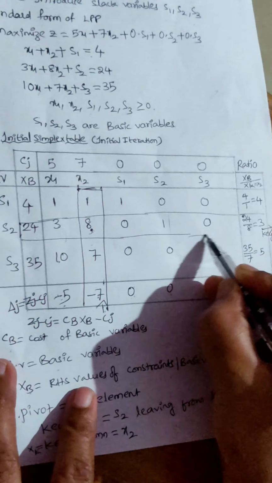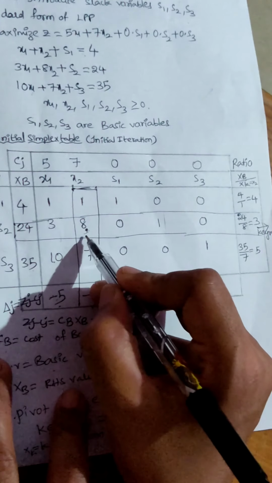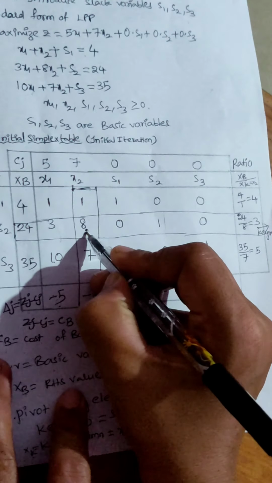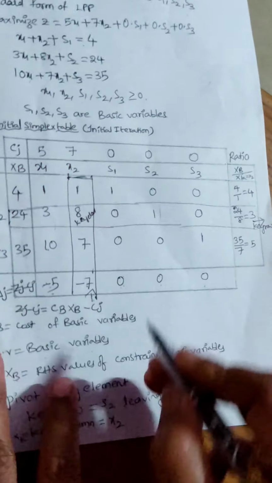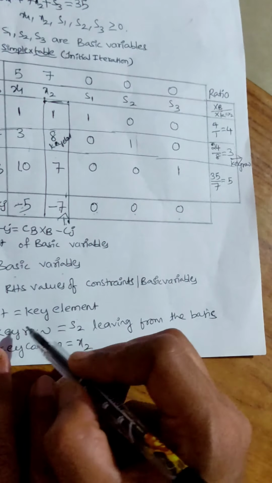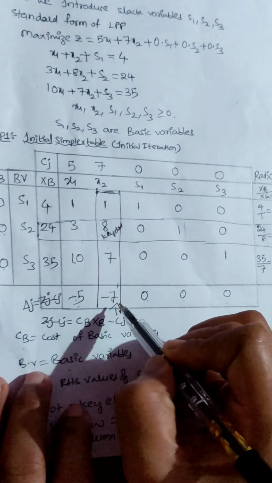Key row. This is the intersection point of the key row and key column. This is called the key element. This is the key element, right here. This is called the pivot element. Key element is 8. Now in the next iteration,